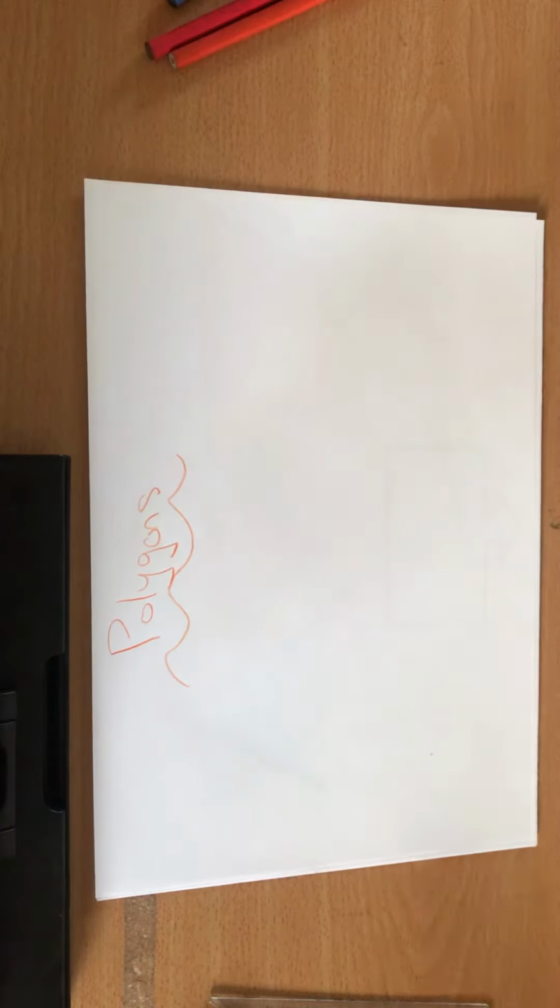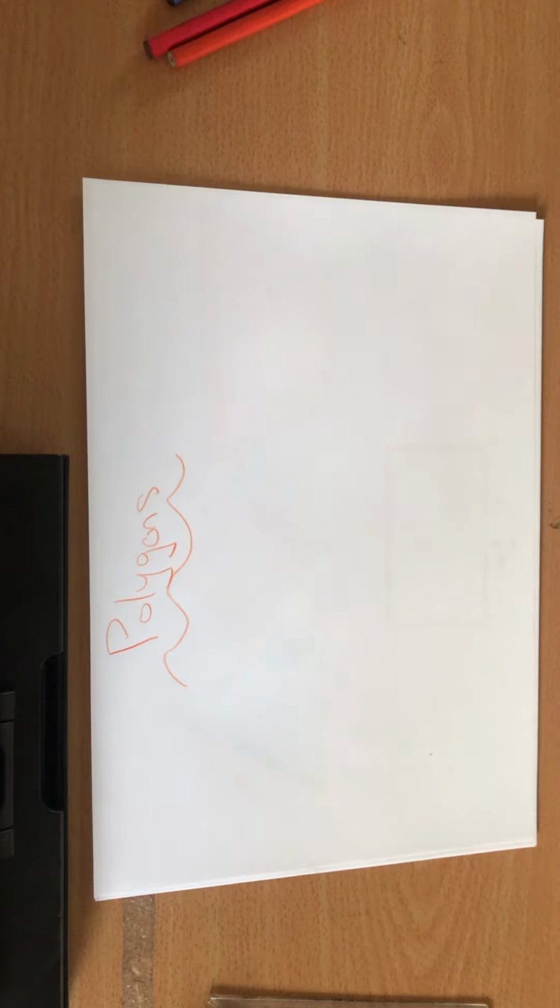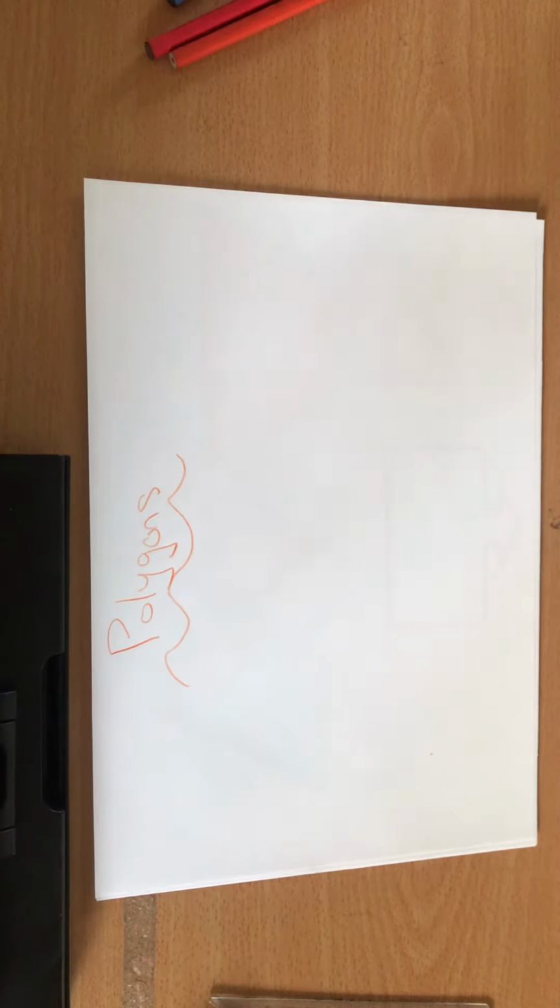So, what are polygons? A polygon is any two-dimensional shape formed with straight lines. Triangles, quadrilaterals, pentagons, and hexagons are all examples of polygons. The name tells you how many sides the shape has. For example, a triangle